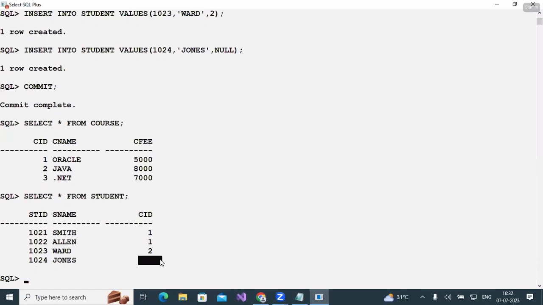So out of 4 students, how many students confirmed? 3 students are confirmed. But 1 student is not confirmed. For the student who was not confirmed, the course ID column has null. Null is nothing but empty. So this is the meaning of these 2 tables. Do you understand now? So now, on these 2 tables of data,